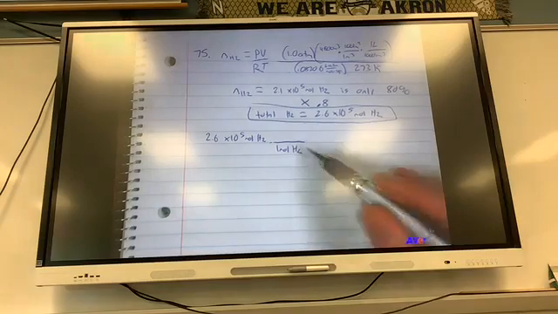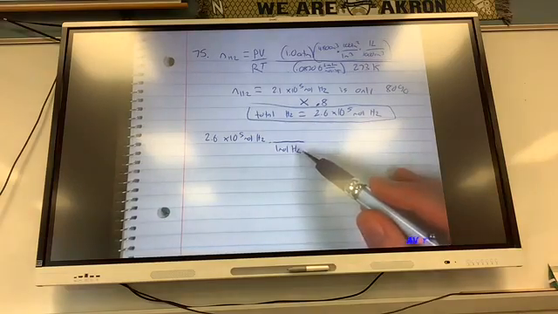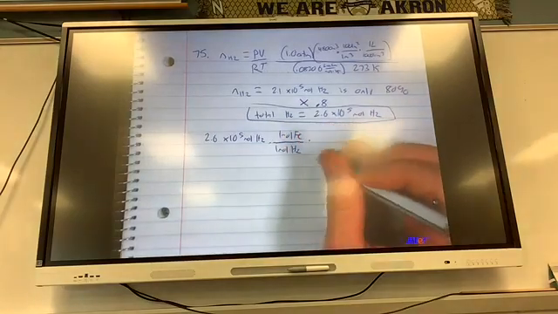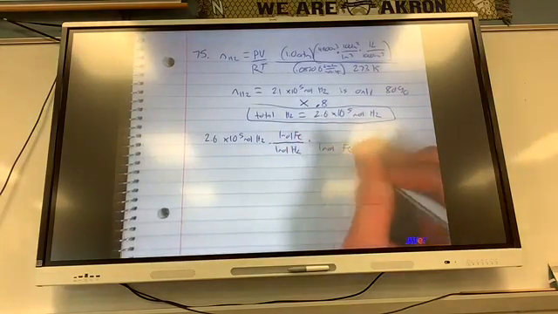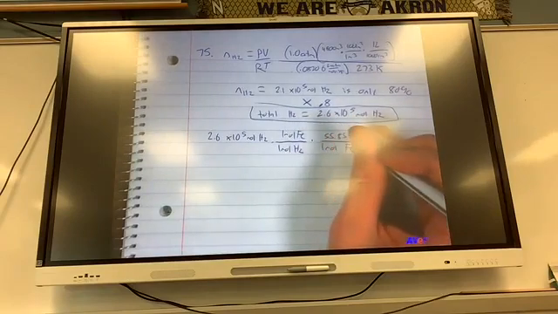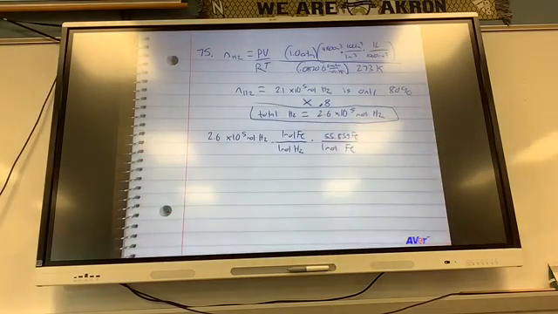All right. Let me finish this out. 1 mole of H2 is to 1 mole of Fe, and 1 mole of Fe is 55.85 grams of Fe. Let me put this in my calculator. So I have 2.1